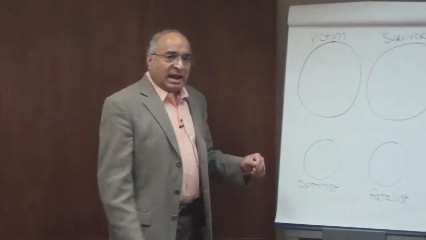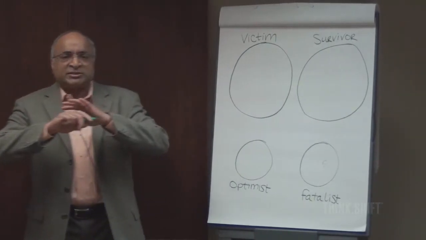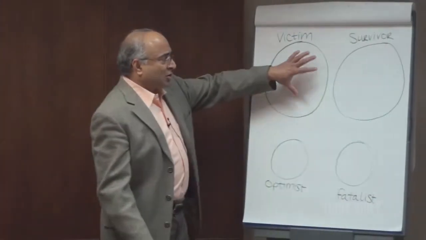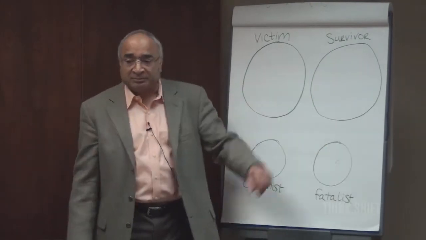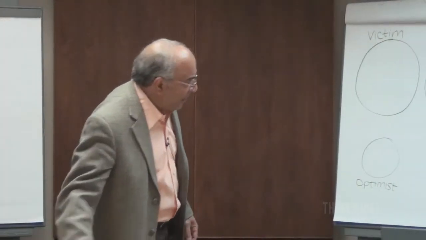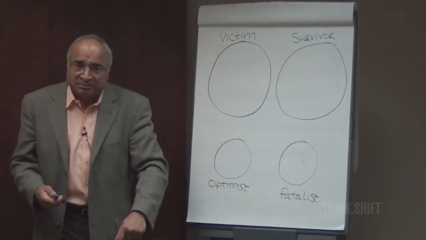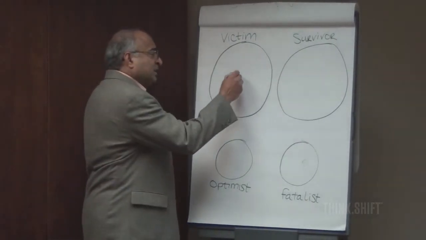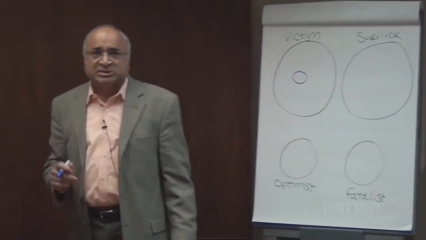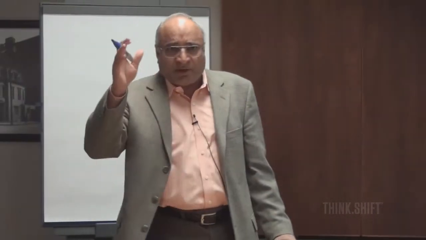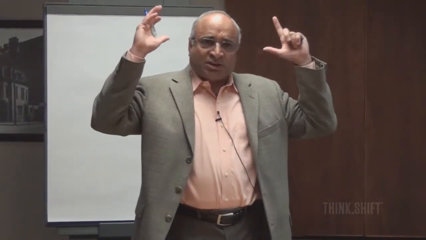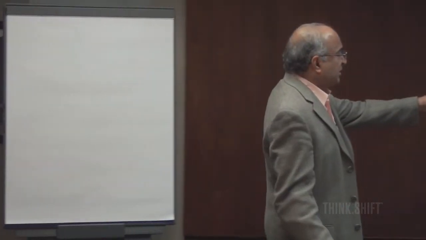Some of us have this view that the world is full of problems. We are concerned about everything in this world. Our circle of concern is huge for these people. But the difference between these two people, the victim and the survivor: the victim thinks the world is full of problems, but their circle of influence is very, very small. There's nothing they can do much about. Everybody's out to get them. That's their view of the world. The world is full of problems. Everybody's out to get me. There's nothing much I can do. Their circle of influence is very, very small.